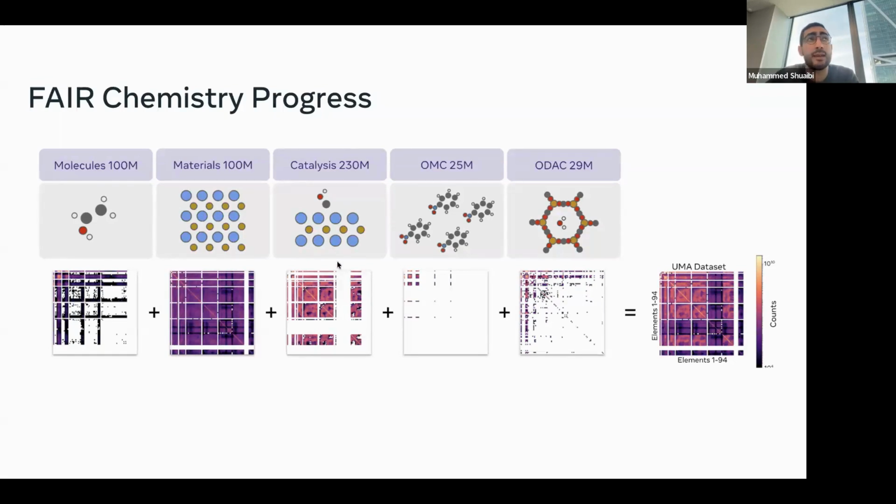The reason we haven't tackled everything yet is it's an extremely slow process. The catalysis effort took almost 3 years of going back and forth with experimentalists and getting the data. This has been extremely challenging because, as you can imagine, experiments aren't easy. Just because I mix two materials together does not mean it's going to come out exactly how I expect. So there were lots of challenges with studying that problem.